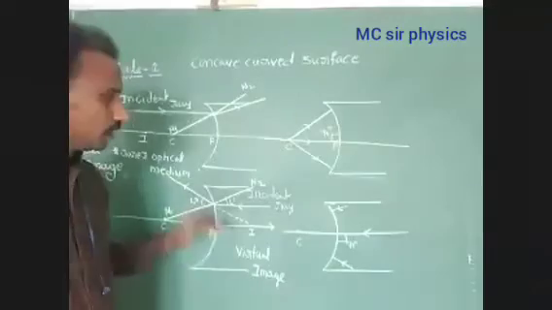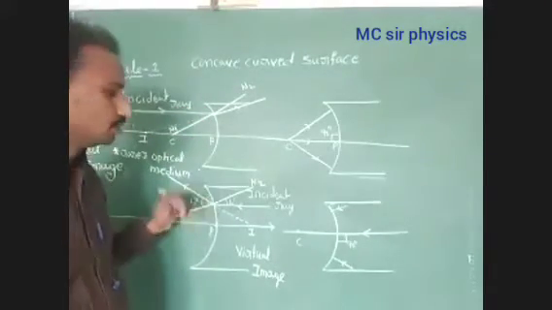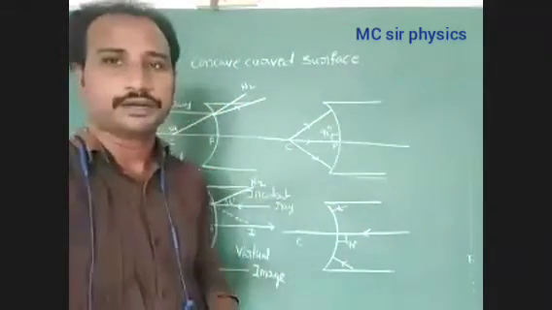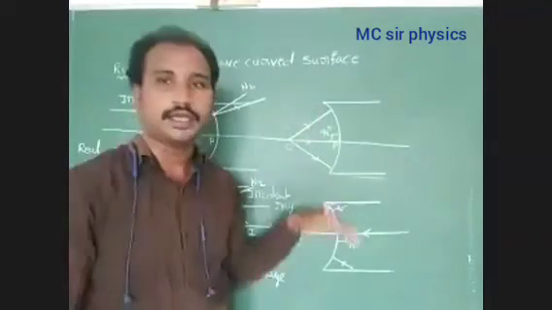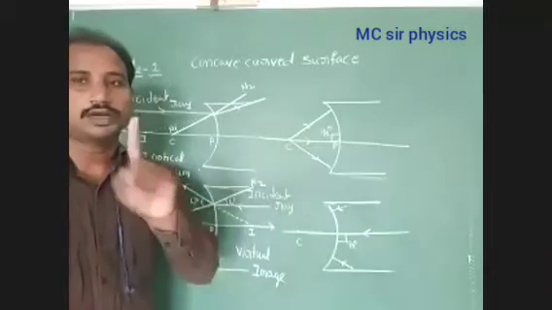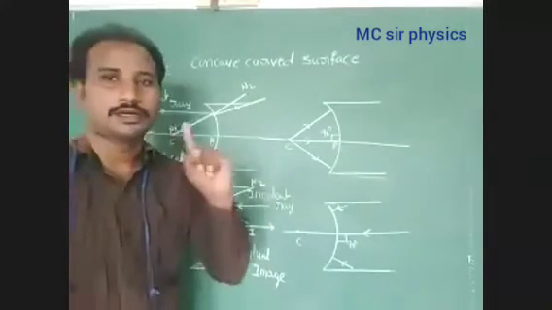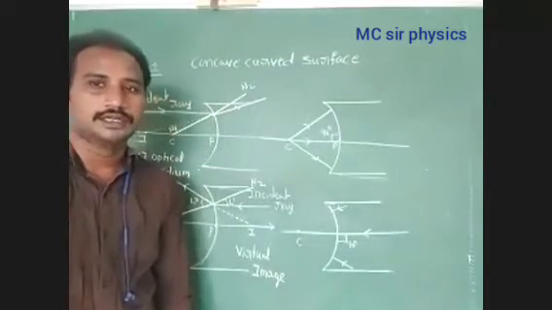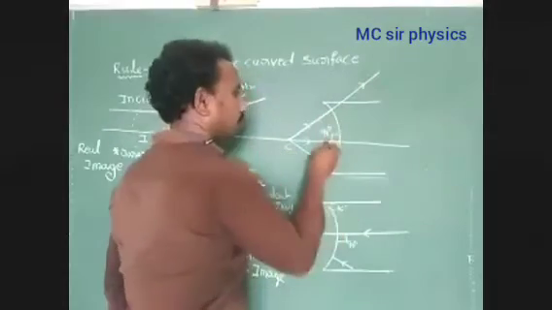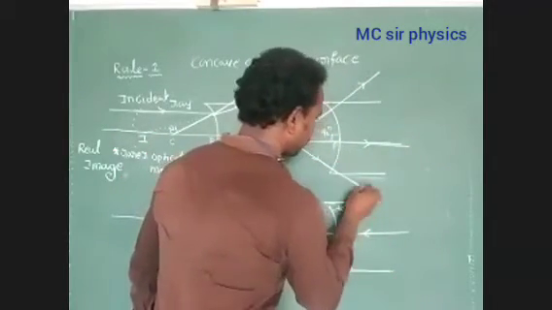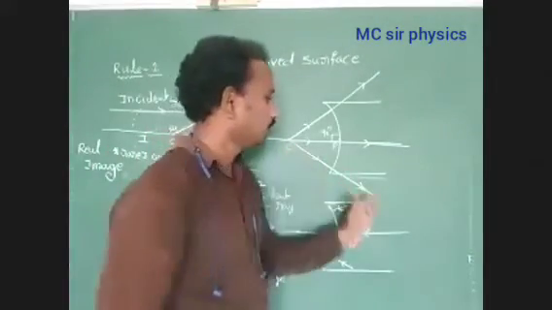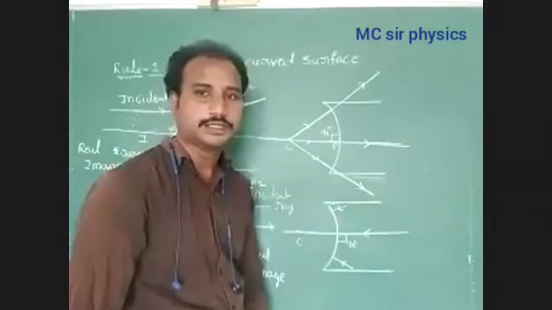No doubt. Okay, these are rule 1 and rule 2 for the concave curved surface, and now we have to find rule 3 and rule 4. Here, the direction of the incident ray is perpendicular to the curved surface, meaning the light ray follows the path along the normal. Then the refracted ray cannot deviate from the actual path of the incident ray direction. Understood?